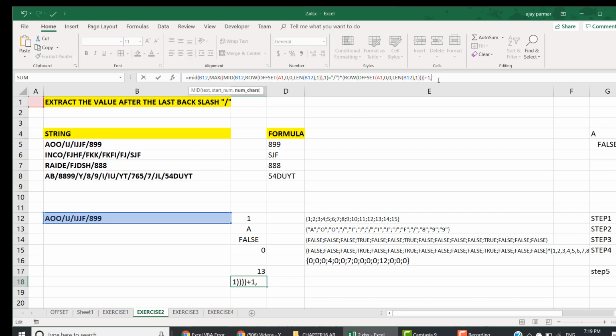How many characters do you need? Well, after the backslash we are not sure how many characters we will have, so in my case it is not going to be more than 100. I know my data very well, so I go and use 100. If you have more than 100 characters, maybe you can go for 1000, 2000.